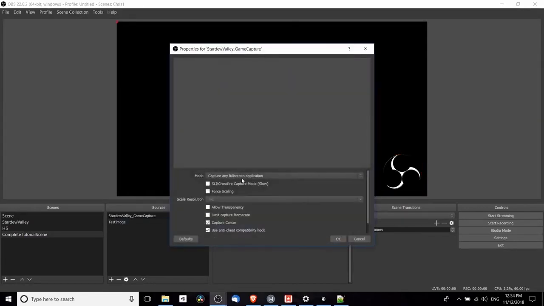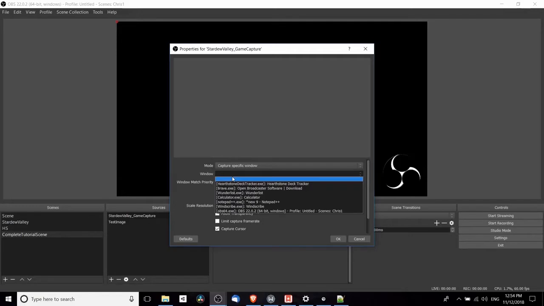So by default, when you have the properties for a game capture, it's going to show mode capture any full screen application, which probably works for a lot of cases, but you may end up getting the wrong application recording in there if you tend to alt tab between a bunch of applications while you're recording. So what I actually prefer is to click on the mode and go to specific window. And then you can click on this drop down and you can choose from the windows which are currently open